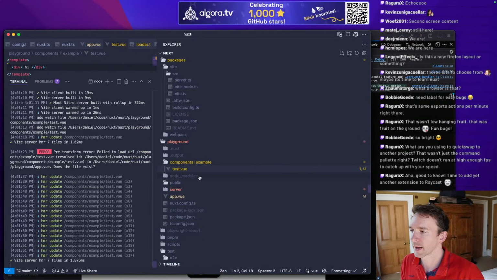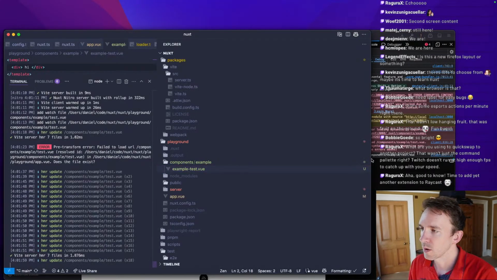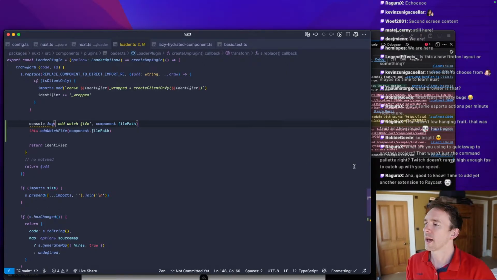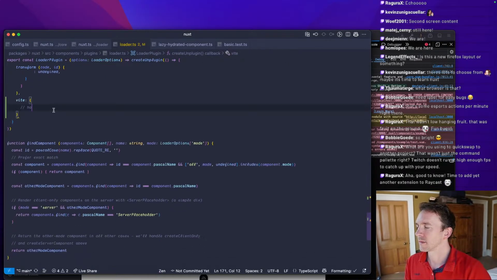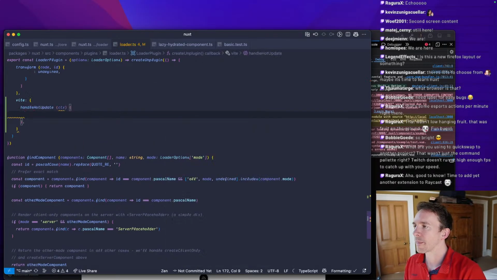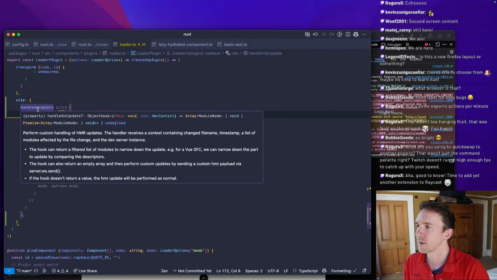It's now there back again. If I rename it to example test, it's now going to be gone. Yeah. So what happens if we just manually always handle hot update is for